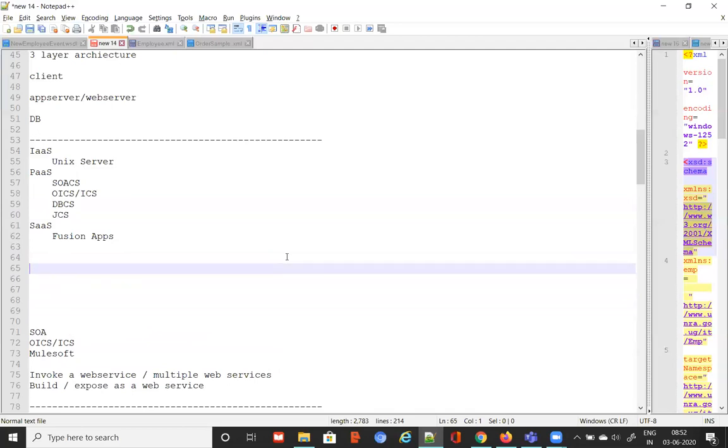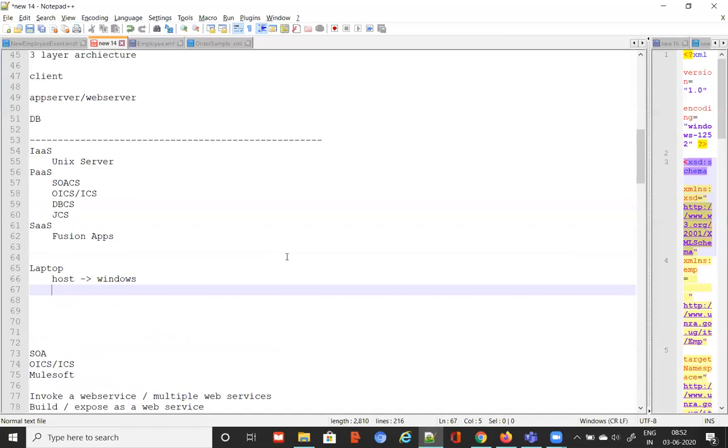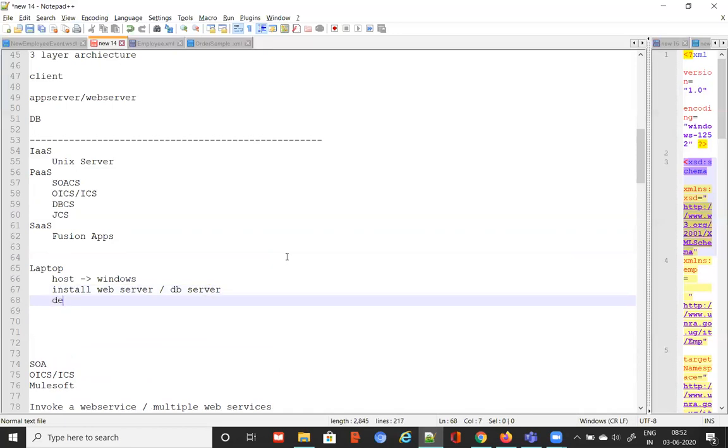When you want to develop something, for example, I'm buying a laptop. First thing you get is a host and then a Windows or Linux operating system, something like that. Then I install my web server or database server based on my need. Then I develop a Java application or web application, or a DB application.